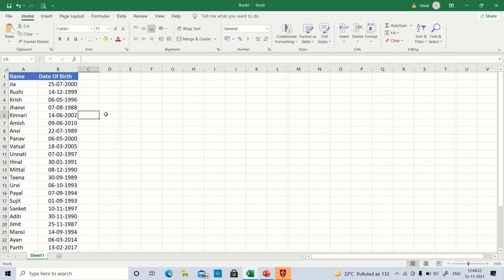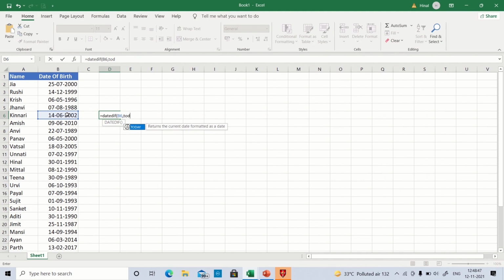So the traditional way to calculate age is using the DATEDIF function. So how to do that is: equal to DATEDIF, bracket open. Now you have to select the date of birth for which you want to calculate the age, comma. Now here the next argument you have to select is today's date. That is, you are calculating the age from this particular date of birth till today. So here I'll be using the TODAY function